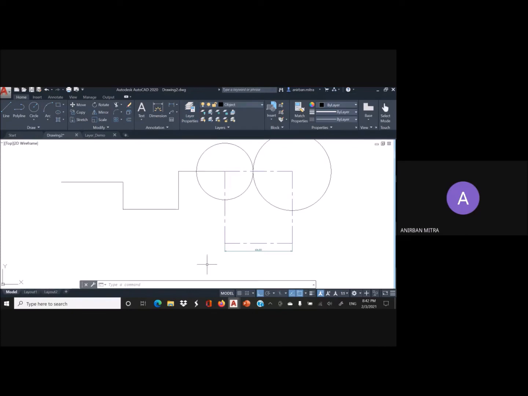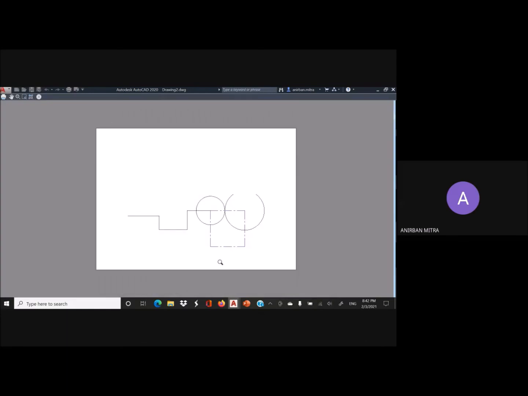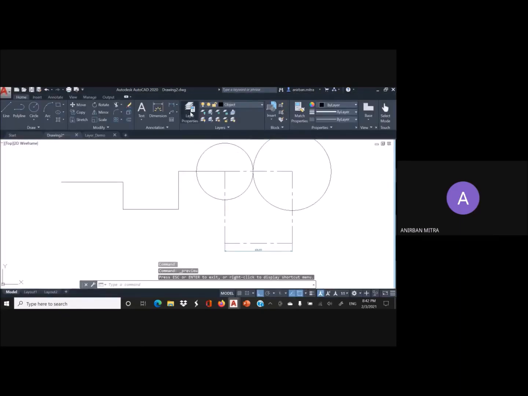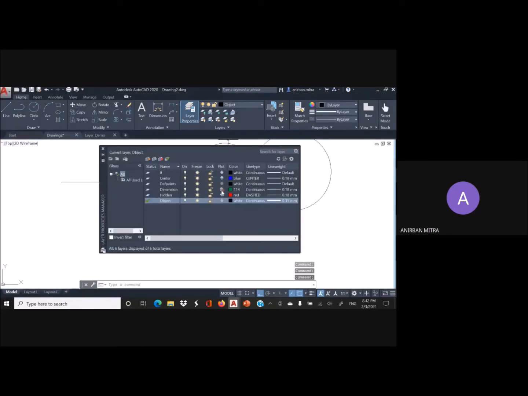However, in the display, the dimension still appears. It has remained in view, but if I generate a plot preview, you will see that the dimension is not present here. So that is the function of turning plotting off from this list.